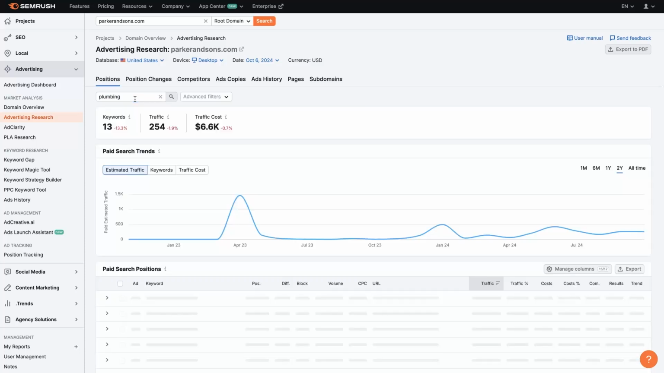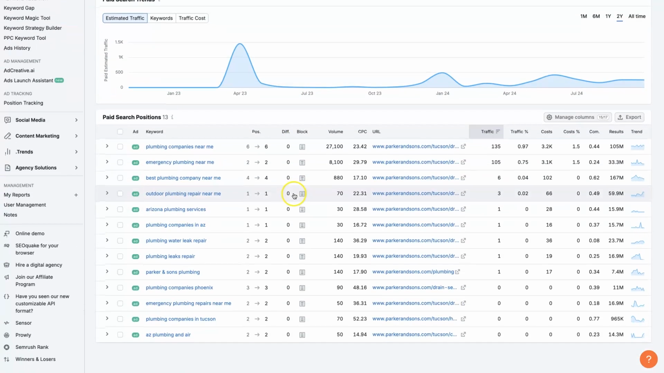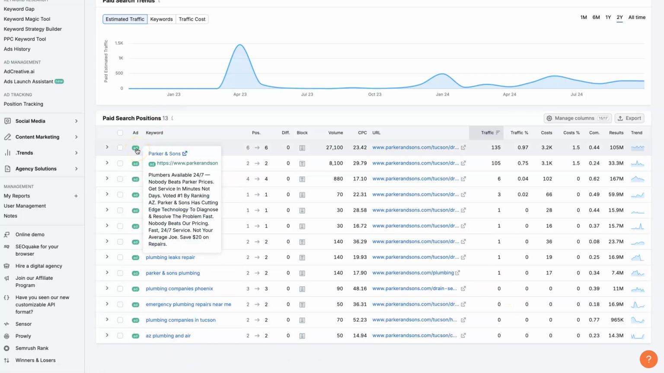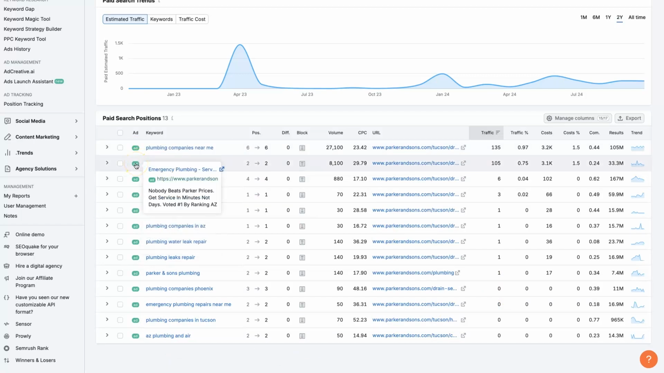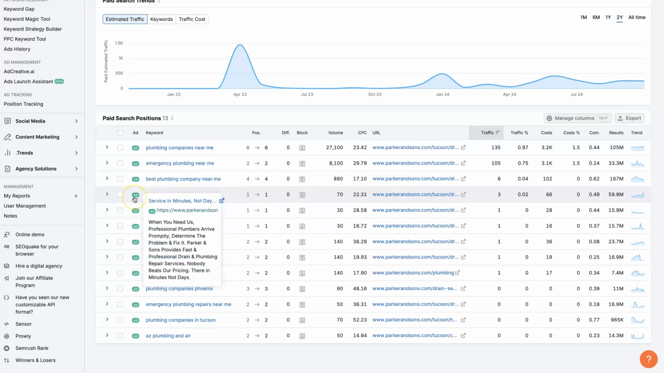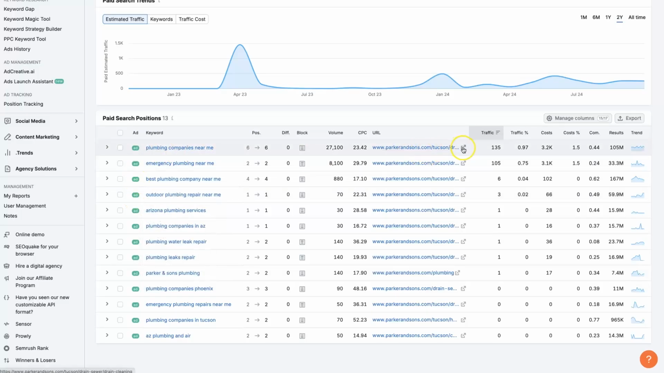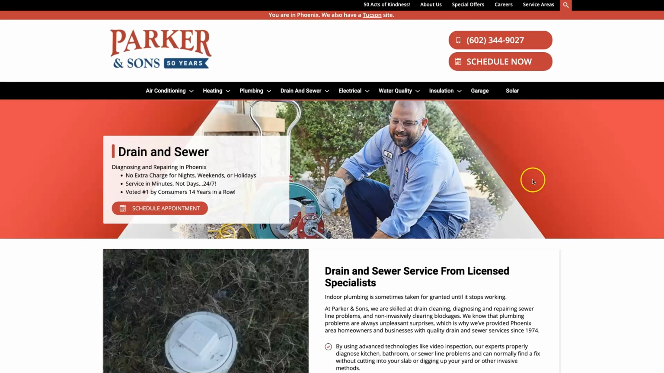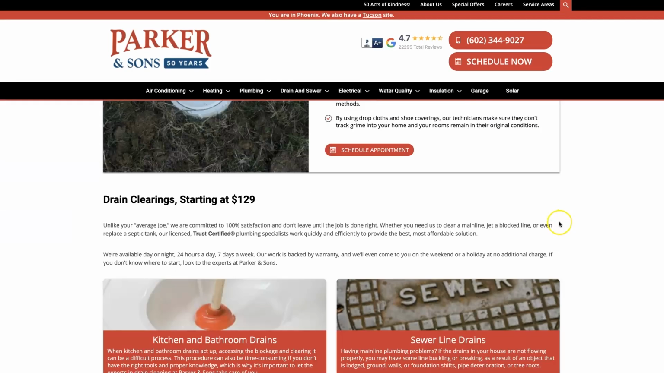So maybe we want to filter it down to just plumbing keywords. Looks like there's a couple handfuls, about a dozen keywords that they're running Google ads for in the plumbing niche. So we can analyze the ads that they're running, figure out how we can create Google ads that are going to perform better. You can see it looks like these are all in Tucson, except for this one, but they're running some ads for drain and sewer, which just kind of talks about